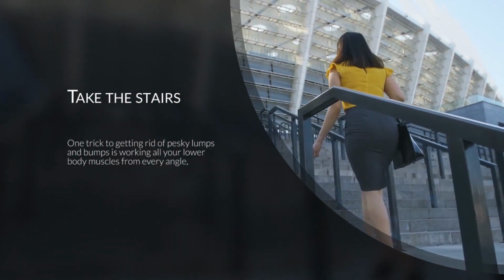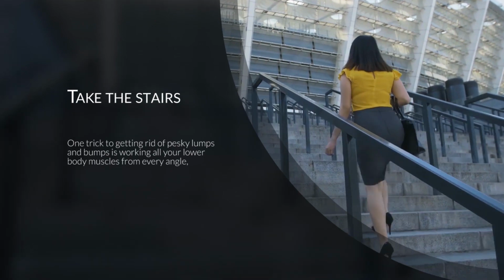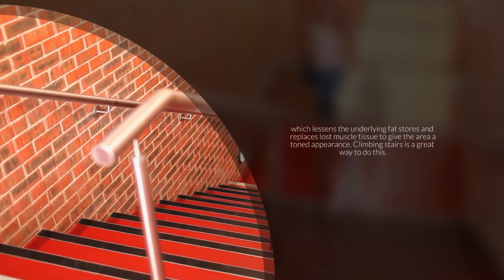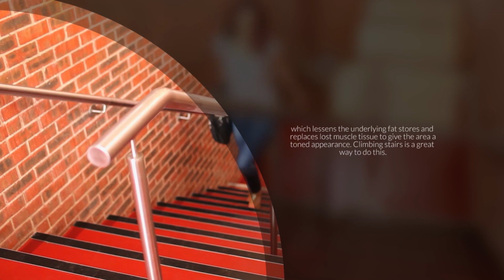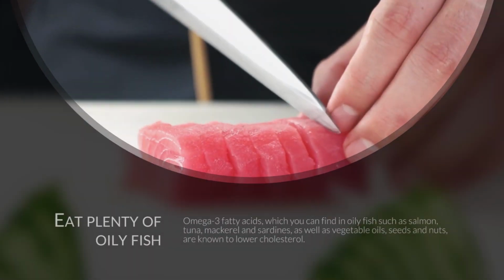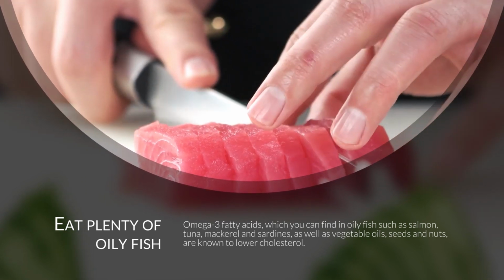7. Take the stairs. One trick to getting rid of pesky lumps and bumps is working on your lower body muscles from every angle, which lessens the underlying fat stores and replaces lost muscle tissue to give the area a toned appearance. Climbing stairs is a great way to do this. 8. Eat plenty of oily fish. Omega-3 fatty acids, which you can find in oily fish,